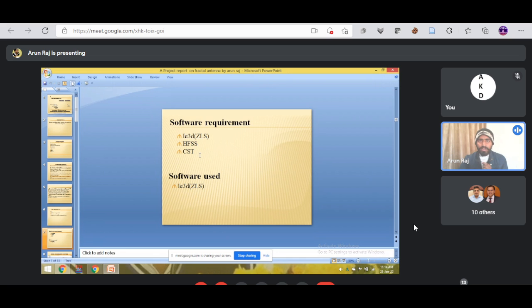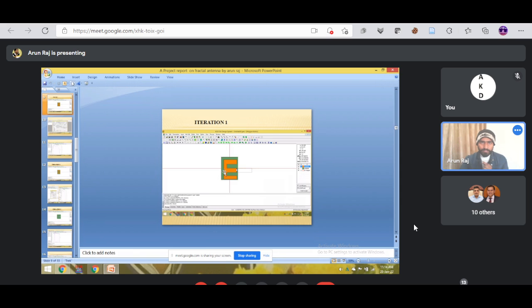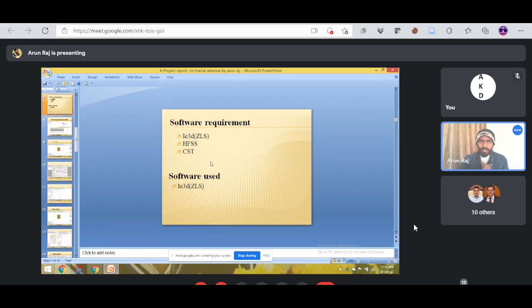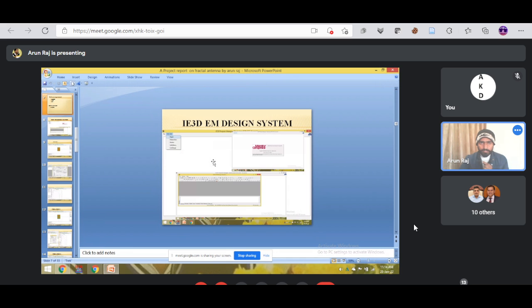Software. Here the software requirements are IE3D software, HFSS and CST software. So IE3D software is used in my work. In IE3D, to design a system, when I open the software, the first window is File and IE3D SSD, and then